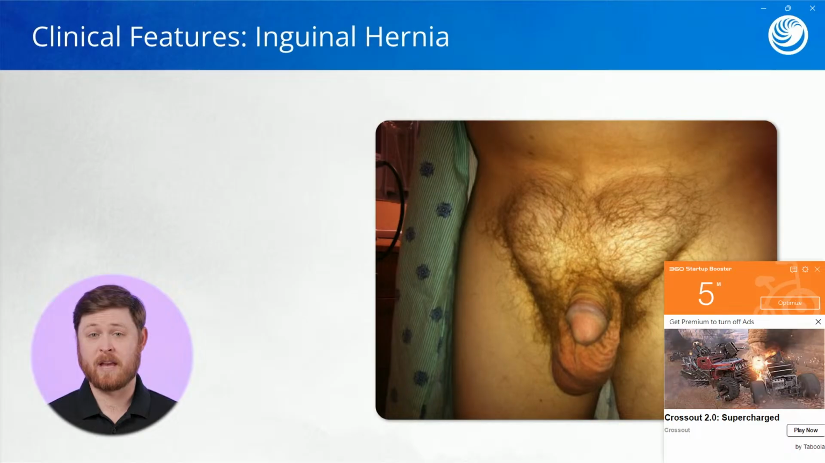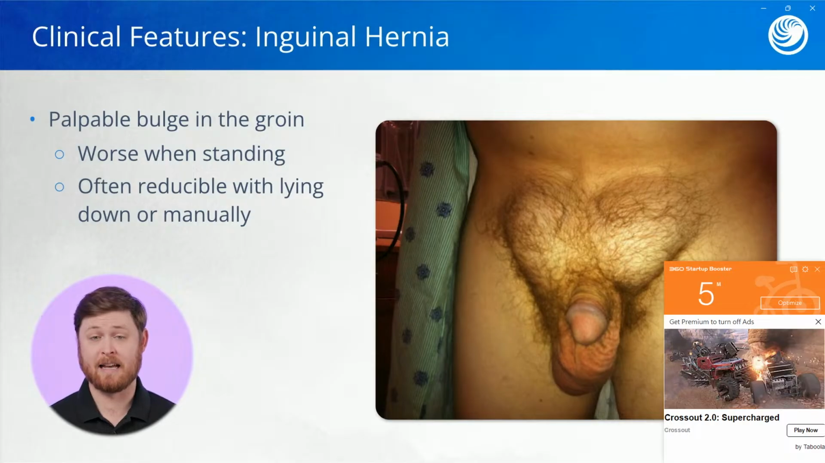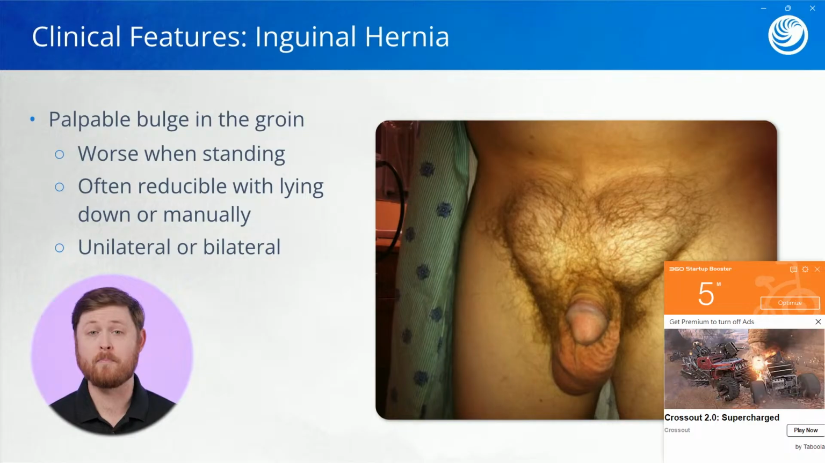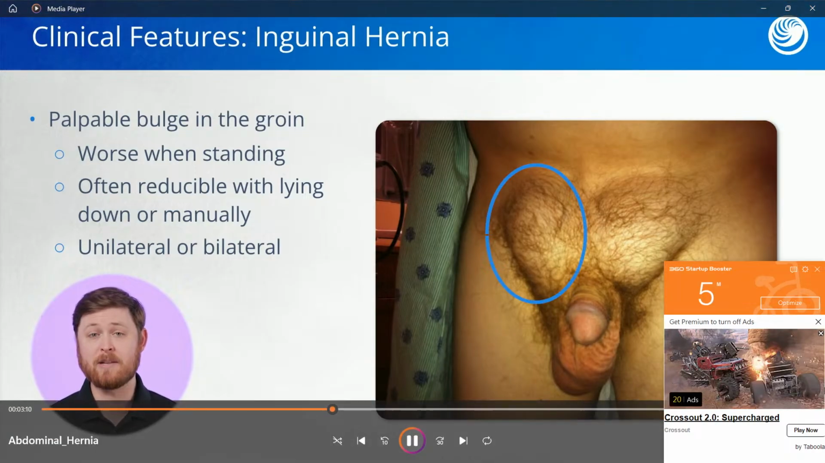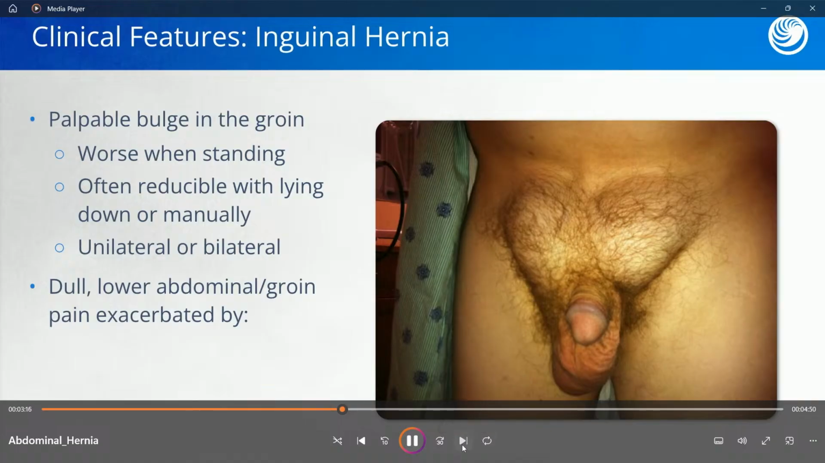Signs and symptoms of inguinal hernia include a palpable bulge in the groin. Now, this bulge will typically get larger when the client stands up and is often reducible when the client is lying down or through physical manipulation by the healthcare provider. Additionally, the hernia may occur unilaterally or bilaterally. And if we look here at the image on this slide, we see a great depiction of a bilateral inguinal hernia. The client may have dull, lower abdominal